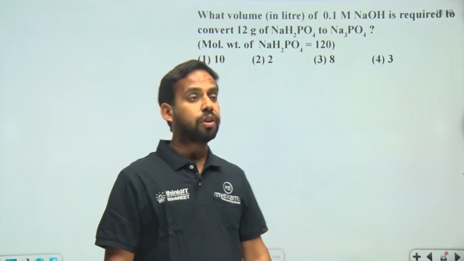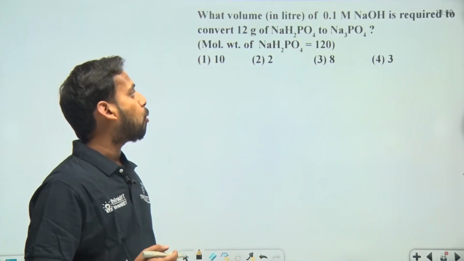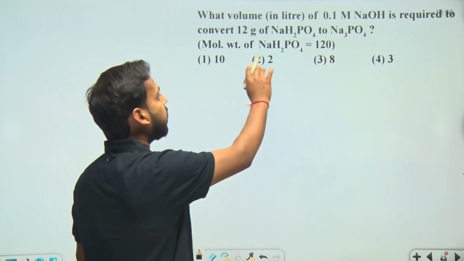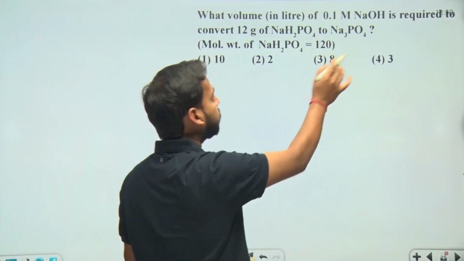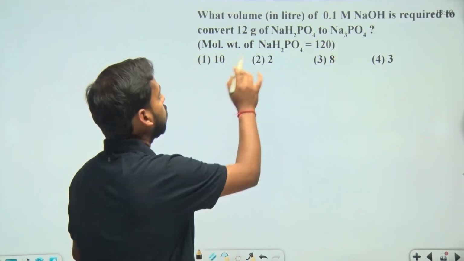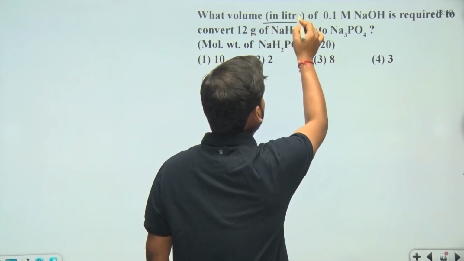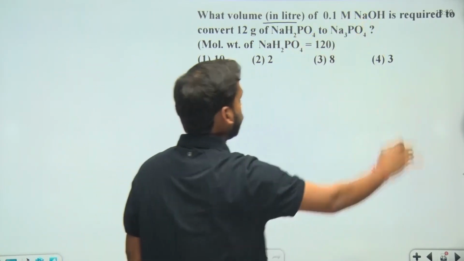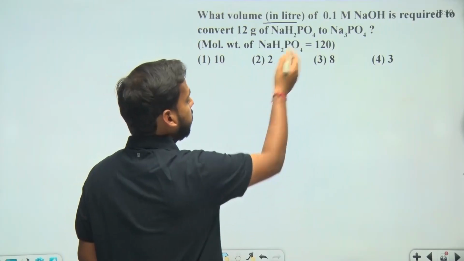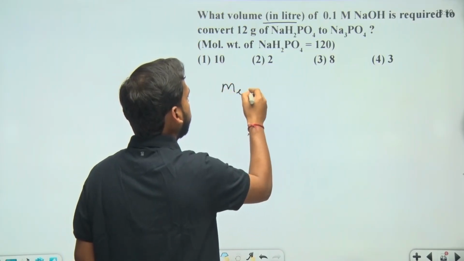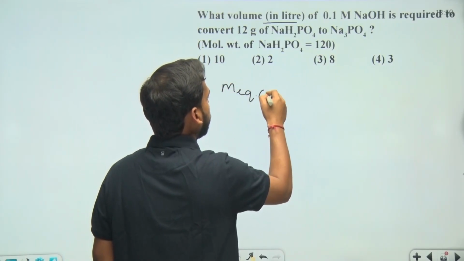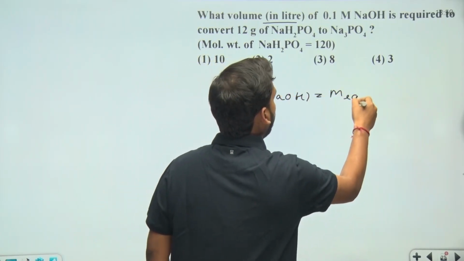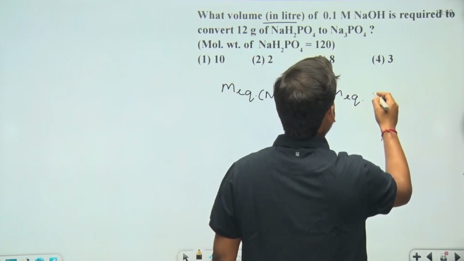Hello students, so the question is, what volume in liters of 0.1 molar NaOH is required to convert 12 gram of NaH2PO4 to Na3PO4? So we will apply the equivalent concept here. What volume in liters we have to calculate for the NaOH? So the milliequivalent of NaOH will be equal to the milliequivalent of